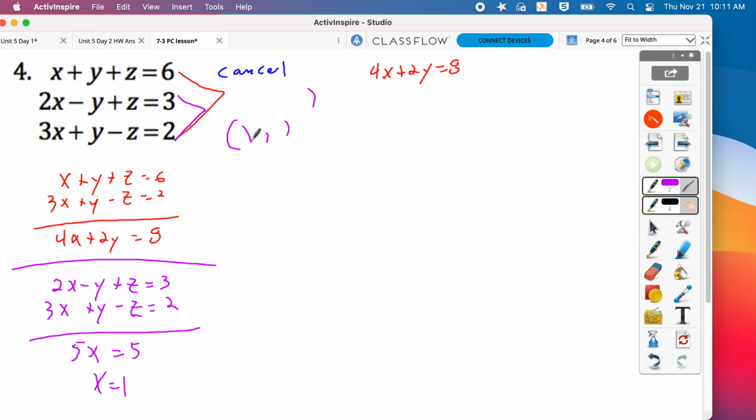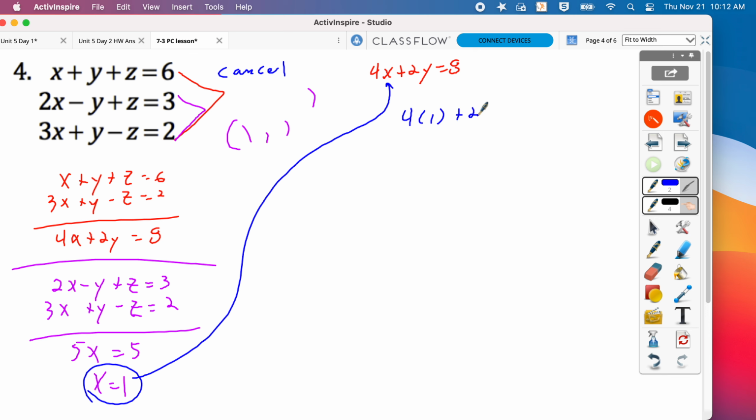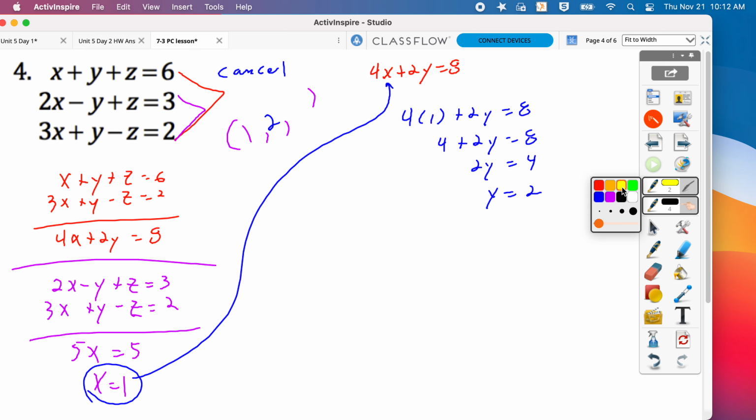Now, knowing that x equals 1, I can go into that equation I made to find my y value. Now I have a y value of 2. Having x and y,